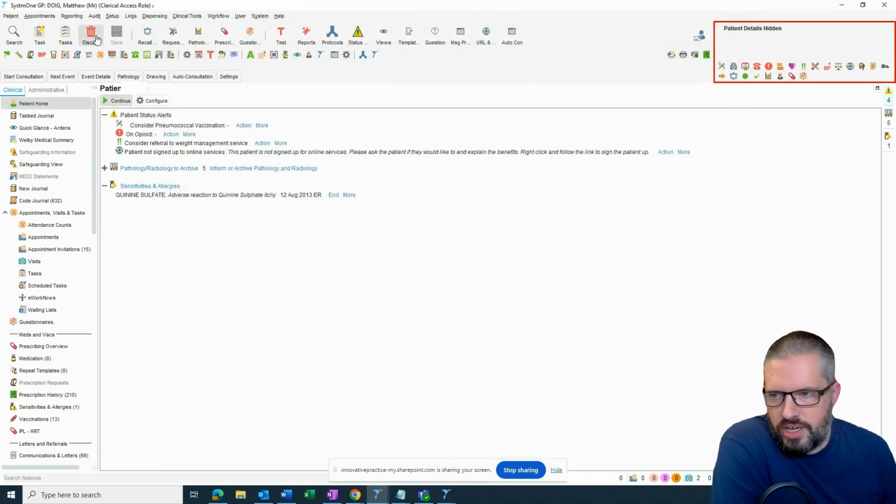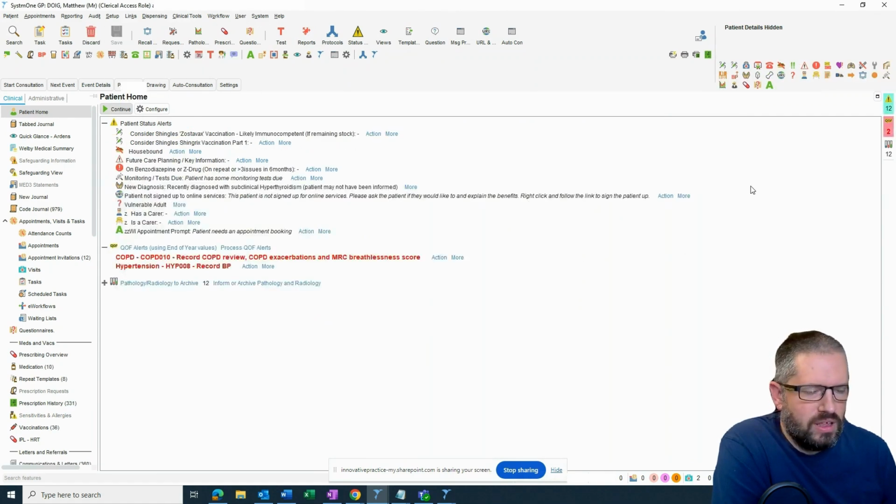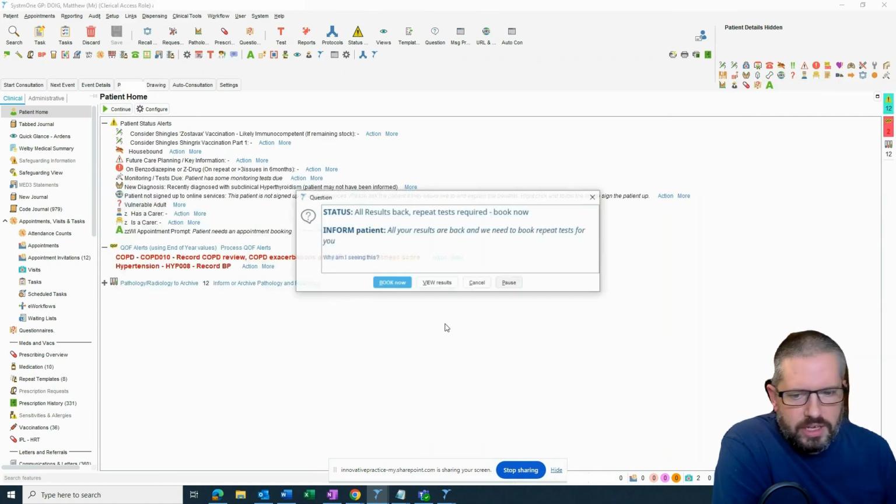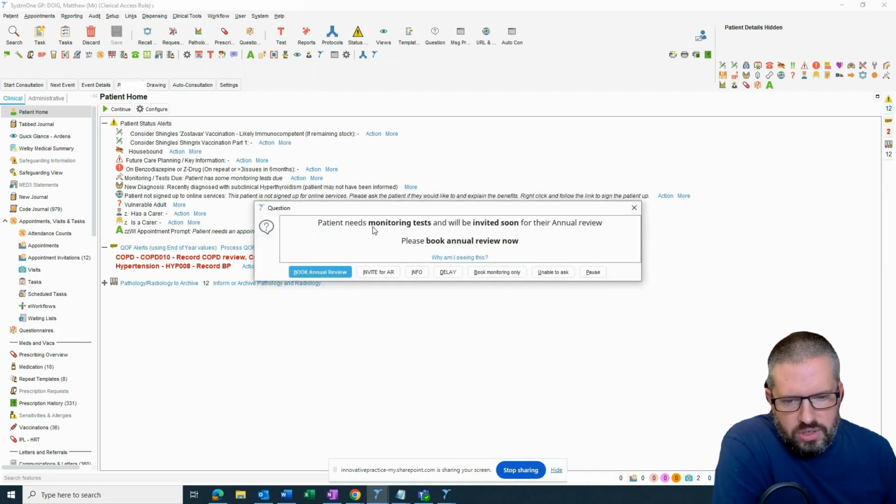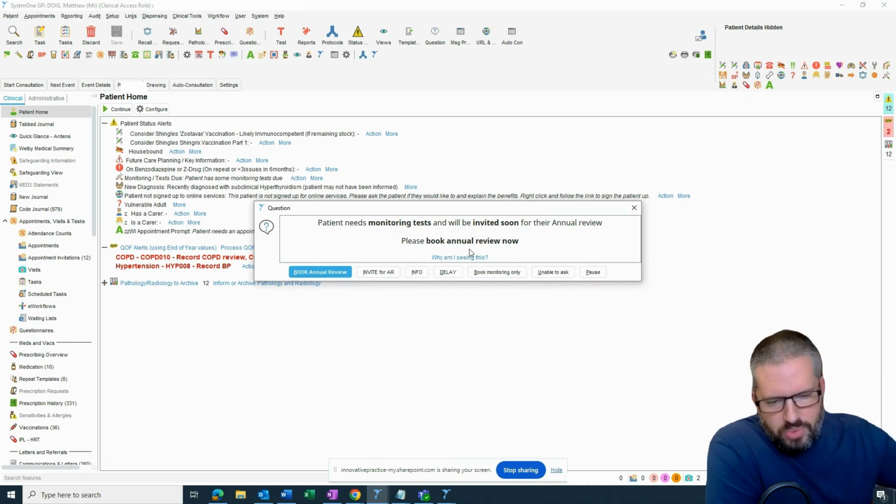No, I haven't informed the patient, and let me make sure I discard that and don't save that questionnaire. And then last one here, all the results are back, repeat tests are required, book now. So again, there's something you might want to read out, and again, you can click the option book now, and it will take you to the free slot search, or actually, sorry, no, it's actually gone into our monitoring prompt,